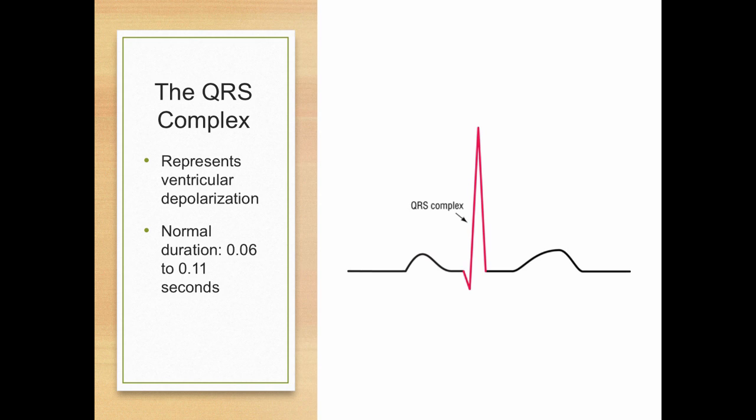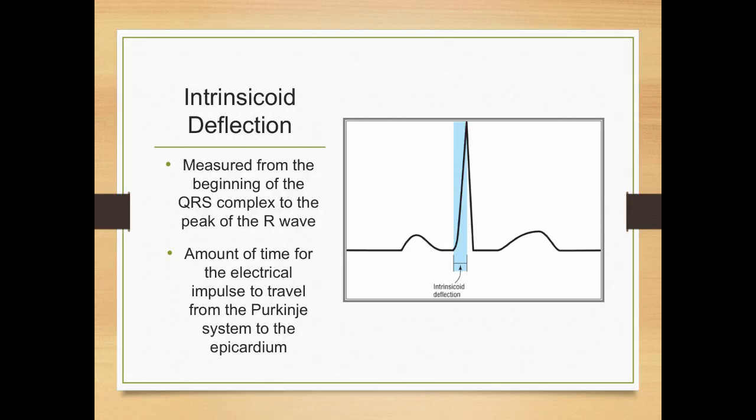So this is ventricular depolarization. We've got the impulse to the Purkinje system, to your ventricles. Ventricles depolarize and contract, pump blood to your body. If we were to break down the QRS complex,